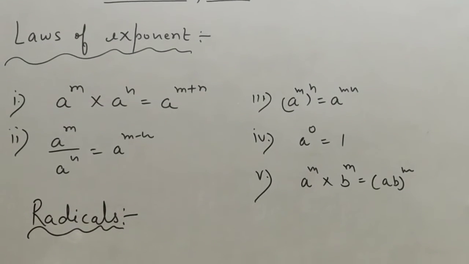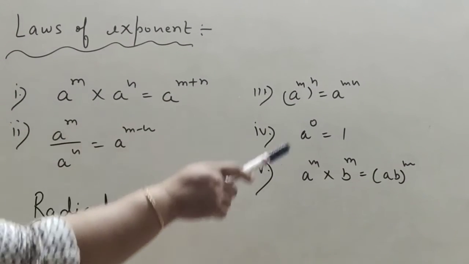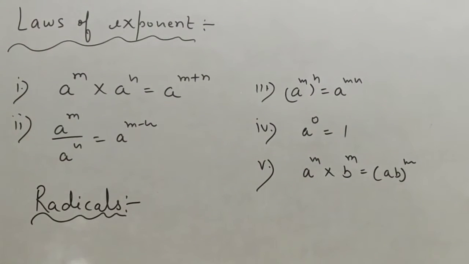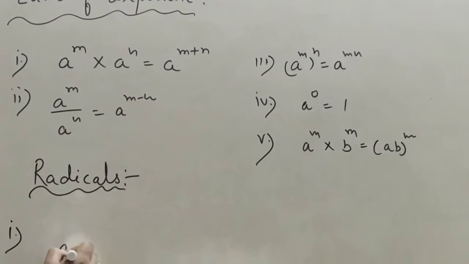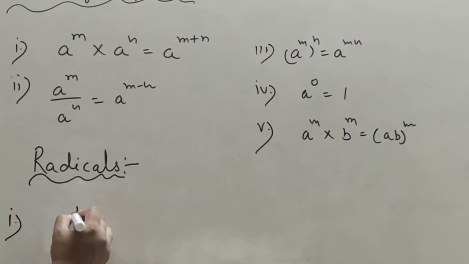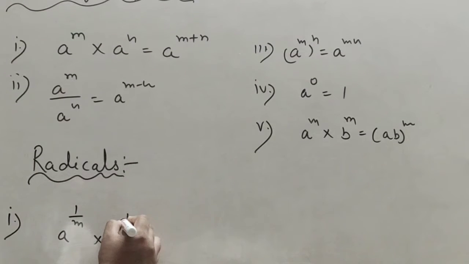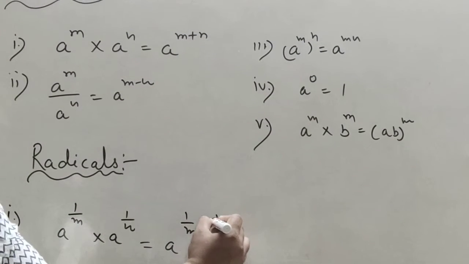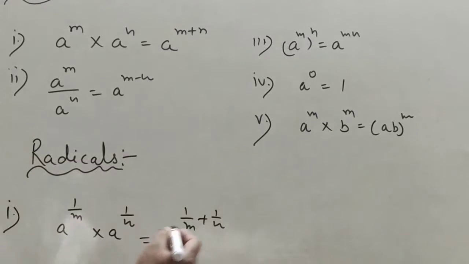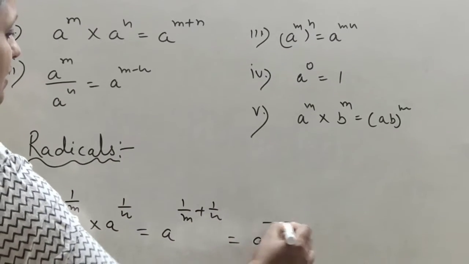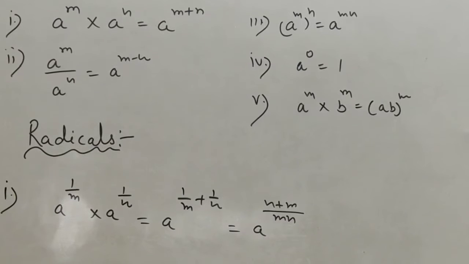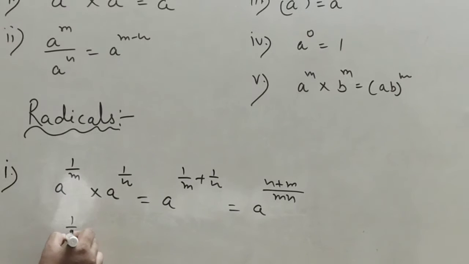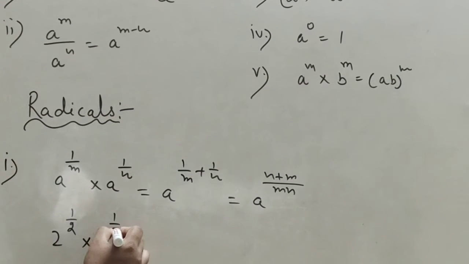Okay, so in radicals, here are the powers in whole numbers actually, and now in radicals the powers are in the rational form. Like our base is, let it be, the base, the power is 1/m and in the multiplication it is 1/m. So what we do is add 1/m plus 1/n, we can solve it, and we can also take the LCM here and n plus m will be the answer. So we can solve it by taking an example, like the example is 2 to the power 1/2 and 2 to the power 1/3.